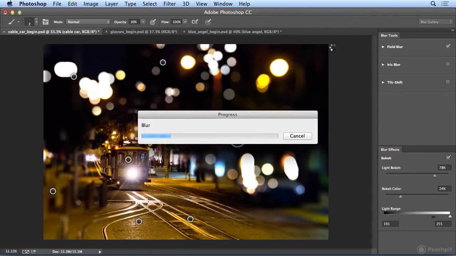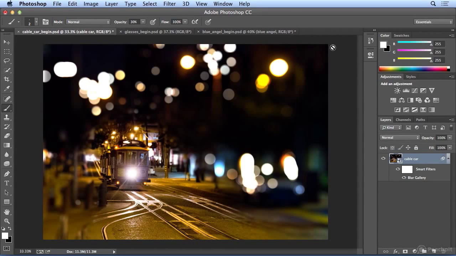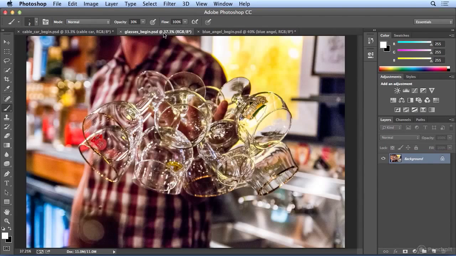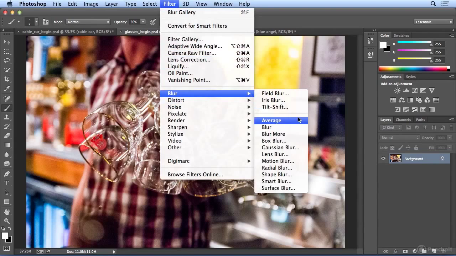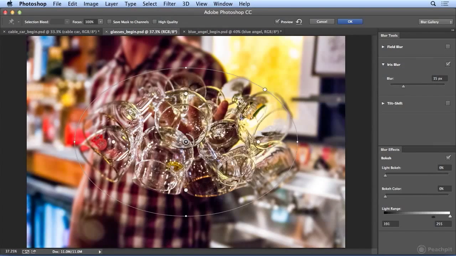So I will click OK, and it will apply the blur. And you could try on your own the last shot of these glasses, but notice that the camera already had some depth of field, meaning the foreground is in focus, the background is blurry. If you do Filter, Blur, might as well do it, I'm here, Iris Blur, I could make the glasses the focal point and make this a much wider circle and adjust to create more depth of field,